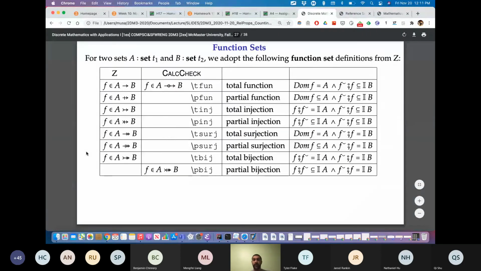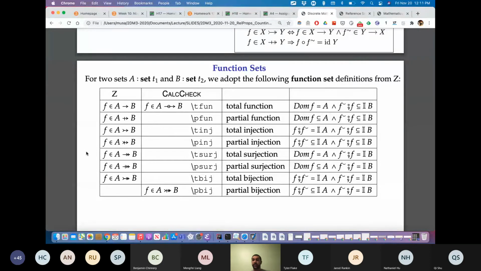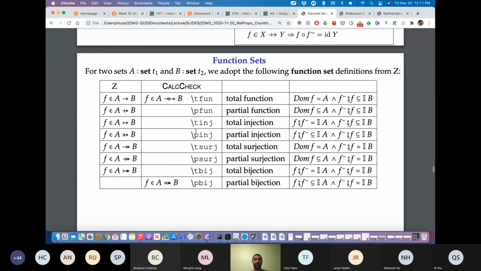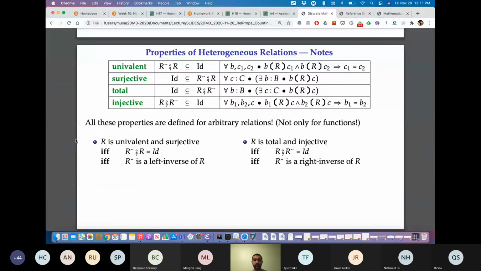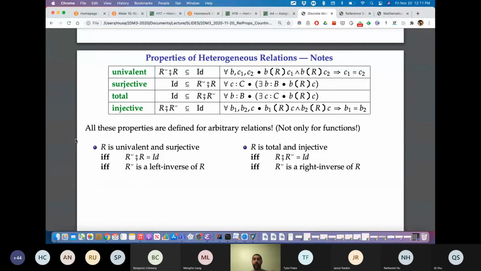And they have interesting names for these, and let's actually count some of these names. Count how many functions, how many injections, because the idea is to move into combinatorics next, so we'll begin there. I'll leave this reference slide for you later. These properties are also listed on the cheat sheet, so I won't spend time on them.